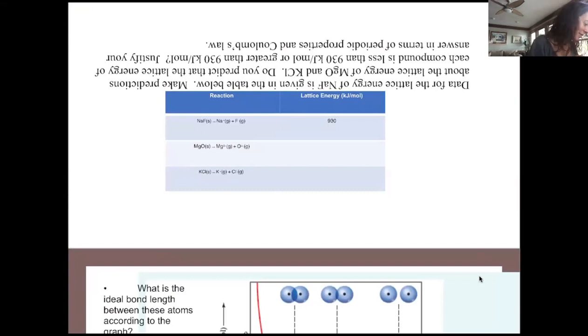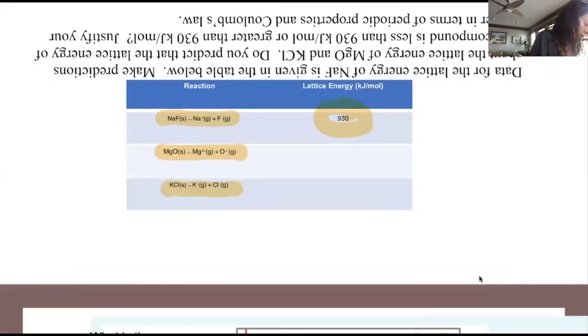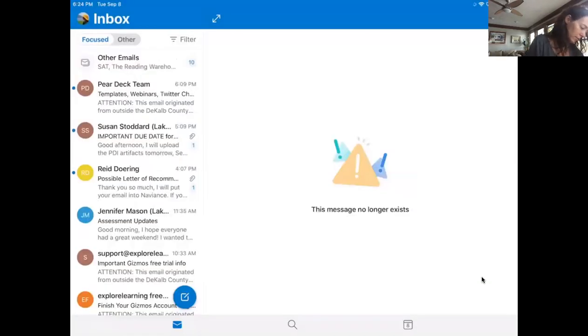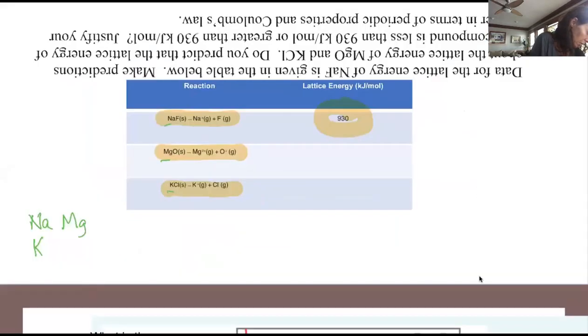The question is asking me to determine the relative ionization energies of magnesium oxide, potassium chloride, and sodium fluoride. So I'm just going to say, would it be higher than 930 or lower than 930? And what I'm going to notice, and of course they're going to give you elements you can work with, I know that Na, I'm going to look at all of my metals, is here, potassium is here, and Mg is here. Now I'm going to look at my non-metals. I've got F,